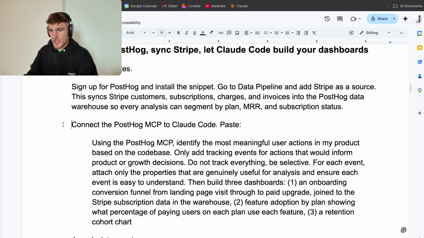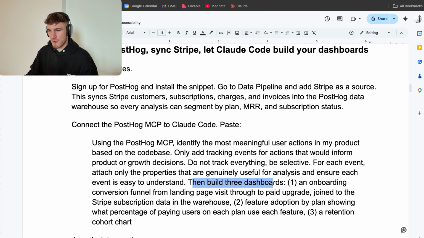What this is going to allow you to do is tag all the features in your SaaS in order to see which users are using which features, as well as what plan they're on. So whether they're a high paying customer, whether they cancel, what the MRR, the LTV, the annual revenue per user, etc. And then you're going to go to Claude Code, again, connected to the Posthog MCP, and you're going to ask it to tag all the main events that someone could do on your software. Now, what that's going to do is allow you to understand which features people are using,